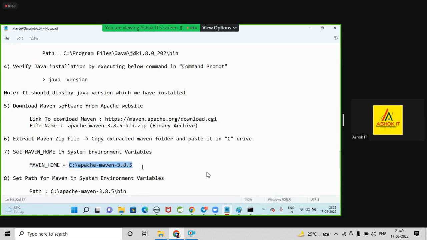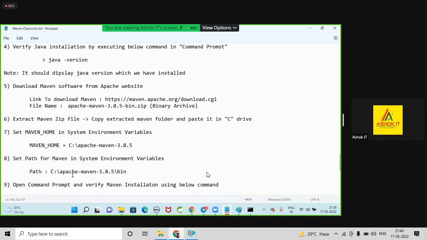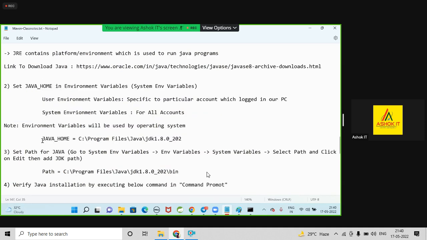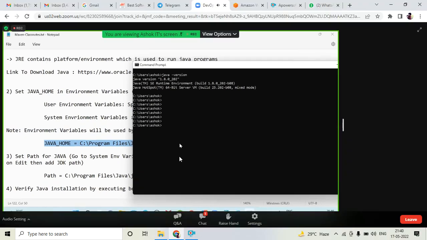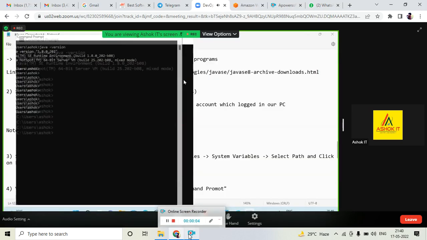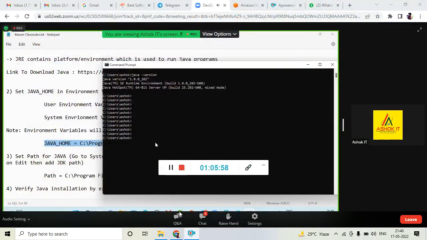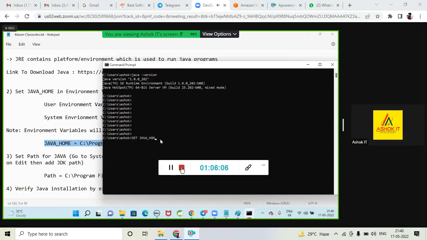Now, guys, here I'm setting these things in the environment variables. You can do this setup in the command line also. But if you set it up in the command line, that is called a temporary setup. You can set up Java path, Maven path, Java home, Maven home in the command prompt. But once you close the command prompt, those things will be removed. I can set it like this, Java_home setup, Java_home